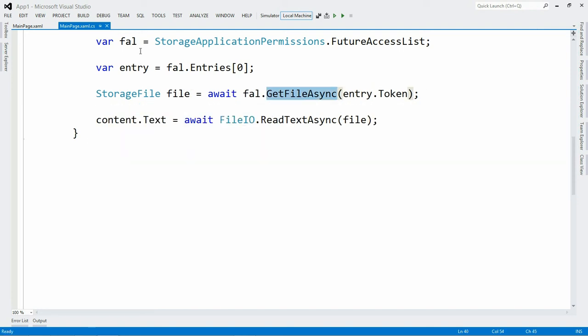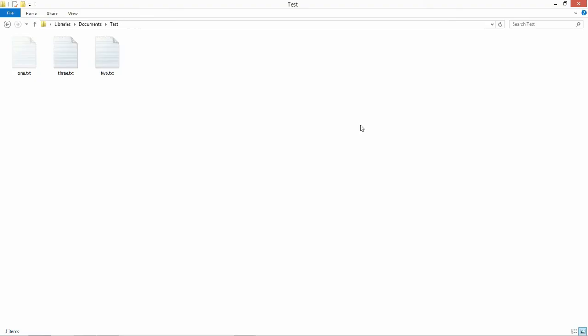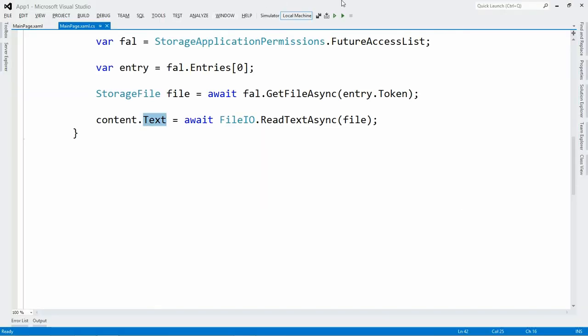In our case, we know it's a file, so we're going to use GetFileAsync and then read the contents, load it into our UI here. When I run it, we should see the content of file 1. And there it is. Now suppose we moved this file between executions of our app. So let me come over here and move that up into the documents folder. So the file's gone from here. I didn't delete the file though, I just moved it to a different location. When I run the app,